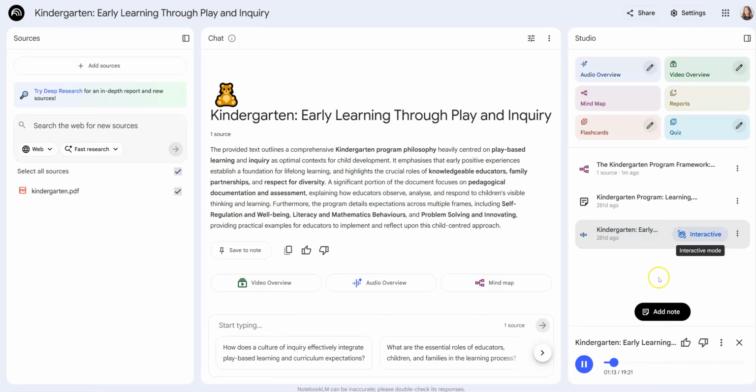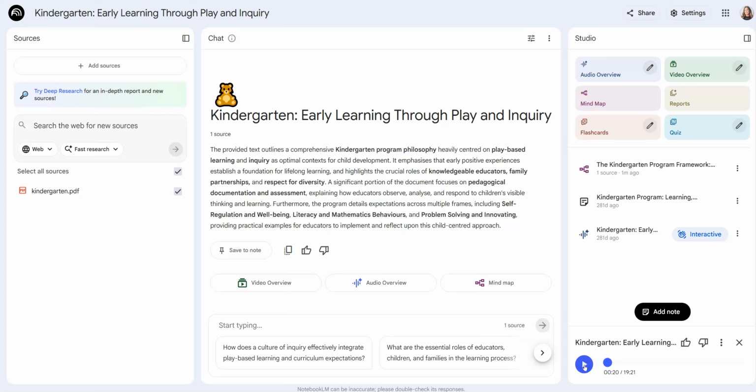It's so much more than that, isn't it? Right. Remember kindergarten? Finger painting, building blocks, maybe even a nap or two. Mm-hmm. But have you ever wondered what really goes on in those classrooms today? What's changed? What's stayed the same? And why should we care? Well, you sent us this fascinating document, the kindergarten program for Ontario. Oh, yeah. And we're going to...